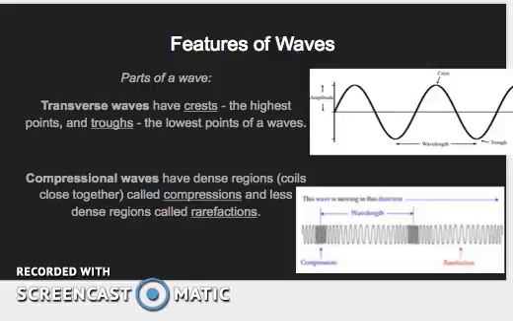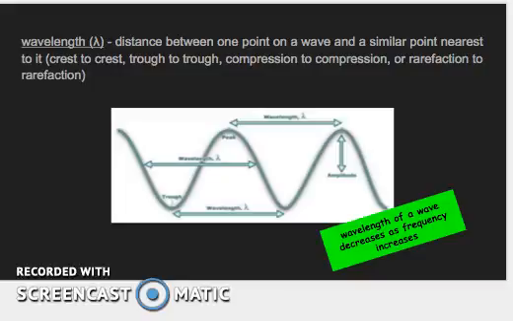Okay, our next section is all about wavelength. Wavelength, it's represented by this strange symbol. It's called the Greek letter lambda. Lambda represents wavelength, and by definition, wavelength is the distance between one point on a wave and a similar point nearest to it. For example, a wavelength could be from crest to crest, or it could be from trough to